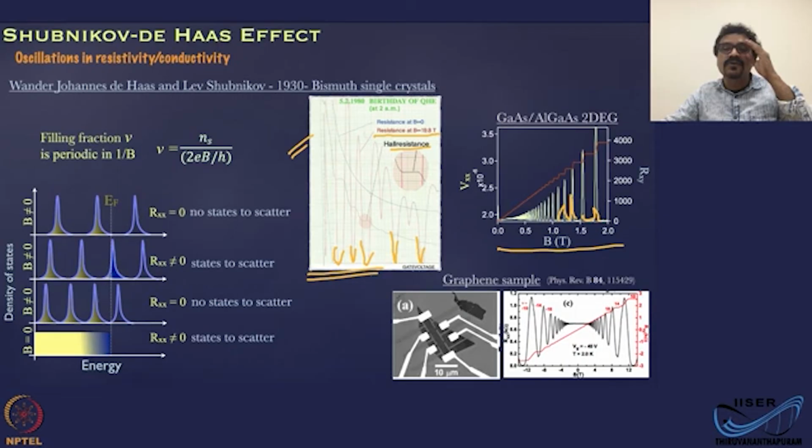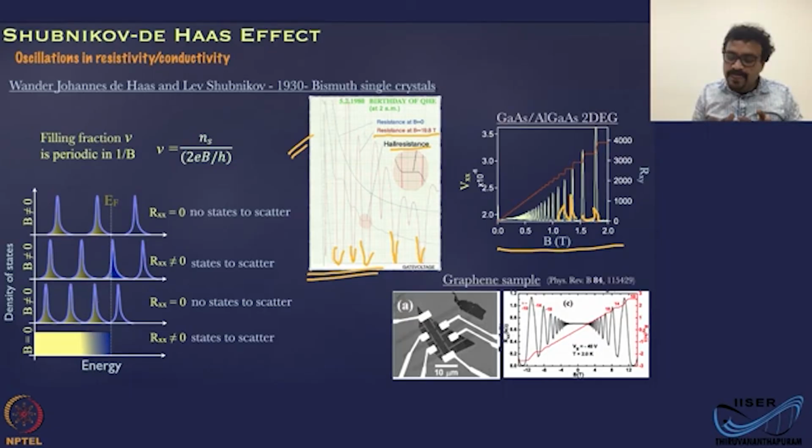Now you will see very soon in the next class that these Landau levels correspond to states which propagate only in one direction. The action of applying a magnetic field is going to basically remove the time reversal, and you cannot have the electron coming back. That you will see in a minute, because you have to define a few more concepts to reach that point. But just to understand this oscillating behavior,